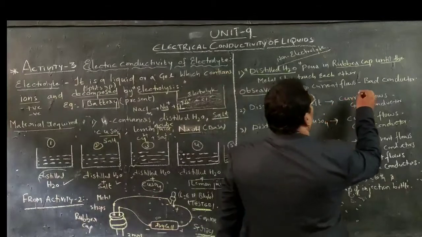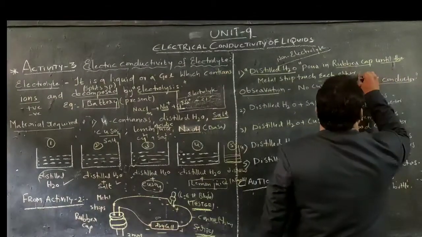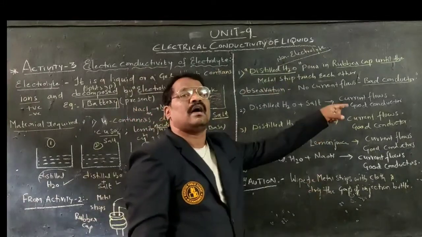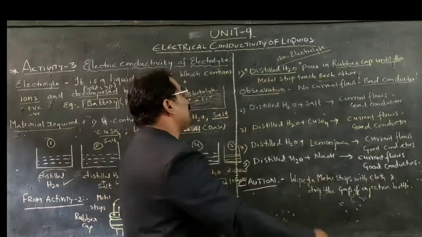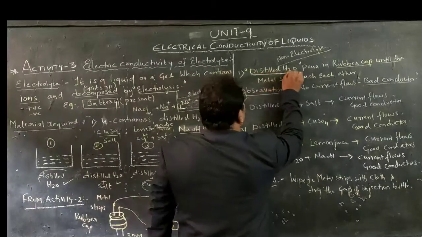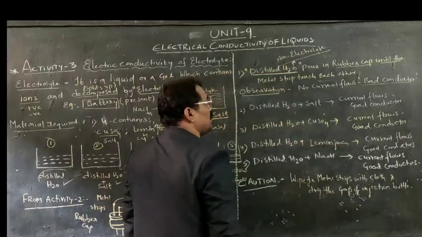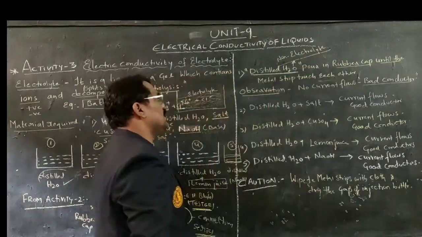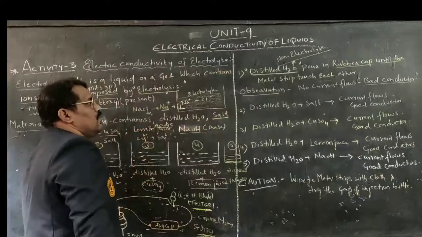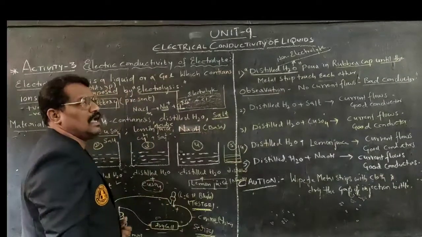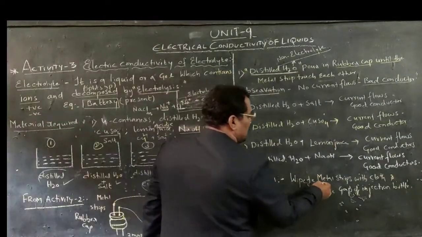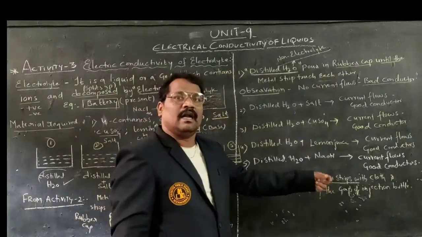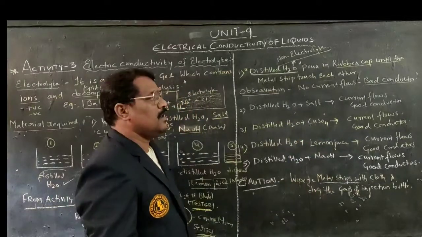Therefore, if current is not flowing, what happens? We will call that matter a bad conductor of electricity or poor conductor of electricity. Therefore, by this we understood that distilled water is a non-electrolytic substance, which is a bad conductor or poor conductor of electricity. We got it. After that, take out that distilled water from the cap. Wipe the metal strips with cloth and dry the cap, dry the metal strip, and again you